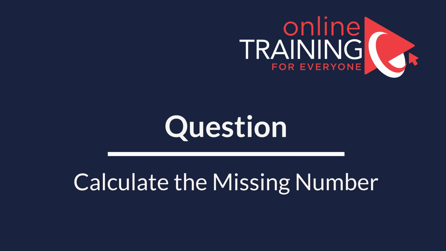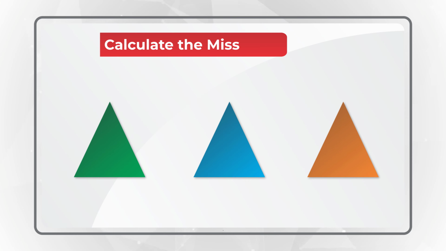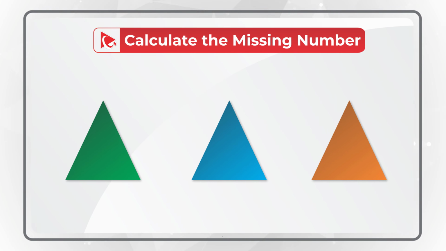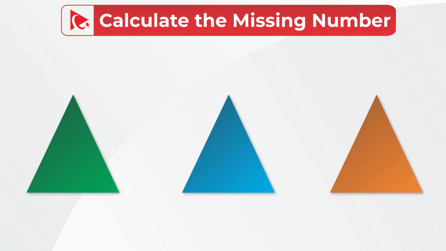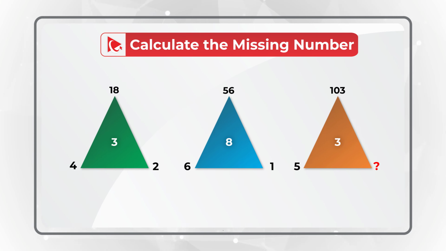Here's a very interesting question to see how quickly and effectively you can solve the challenge. You're presented with 3 triangles. Each triangle has numbers in the corners, as well as a number in the middle. The first triangle has numbers 4, 18, and 2, and the number in the middle is 3. The second triangle has outside numbers 6, 56, and 1, and has 8 in the middle. And then the third triangle has number 3 in the middle, and numbers 5 and 103 on the outside. In the upper right corner of the third triangle, you have a missing number, which you need to calculate